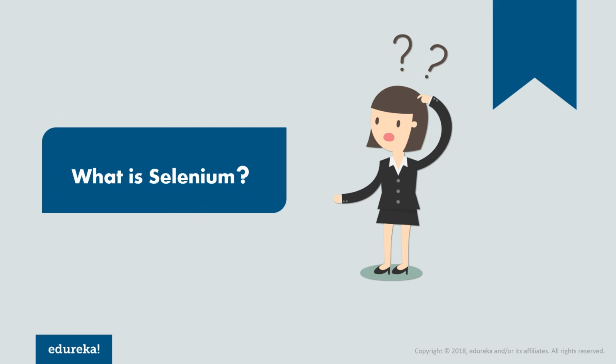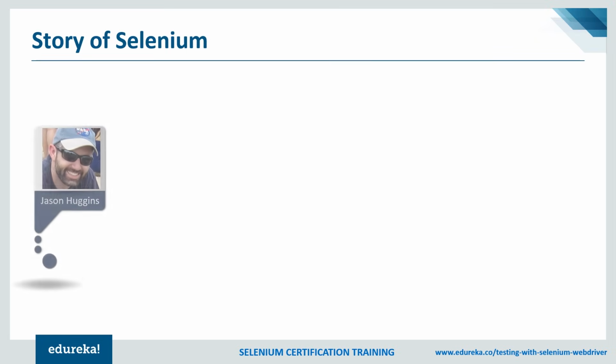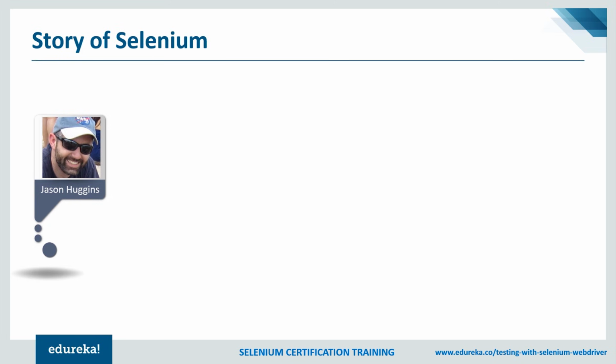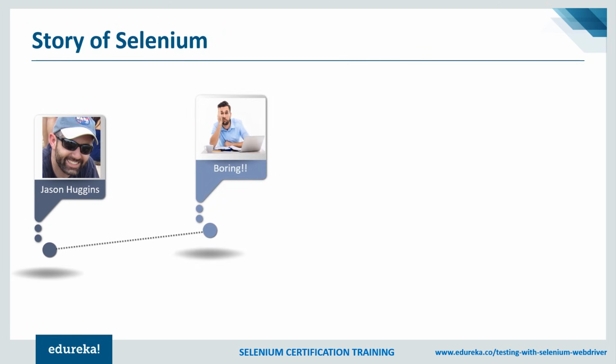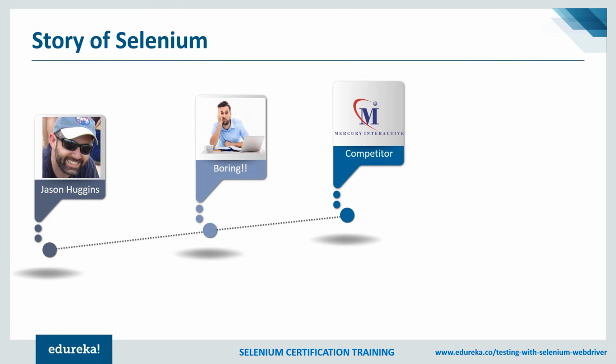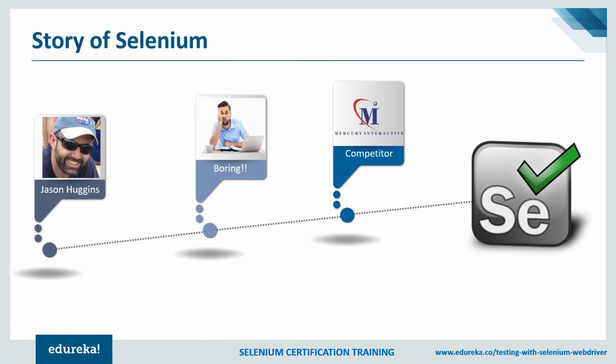What is Selenium? How and when did it come into existence? Why is it even called Selenium? So a short story out here. A techie by name Jason Huggins from ThoughtWorks company was manually testing web applications. He found it boring and tedious. So to make his work a little easier, he decided to automate it, laying the foundations for an open source software named Selenium. At the same time, there was another automated testing software by name Mercury Interactive. And as it is widely known, Selenium is an antidote to mercury poisoning, and hence the name Selenium, a competitor to Mercury Interactive. So this is the story behind the name Selenium.